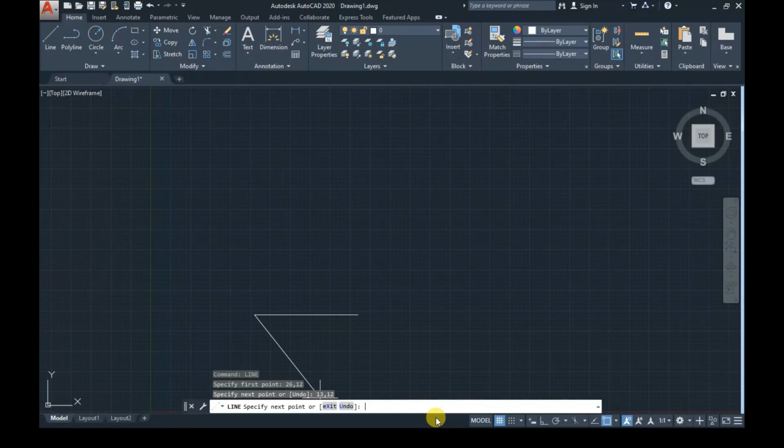Now 22,24. Now I will write 40.5,24. Now I add 41,22. Now I add 26,12.